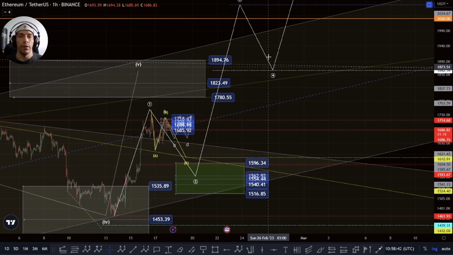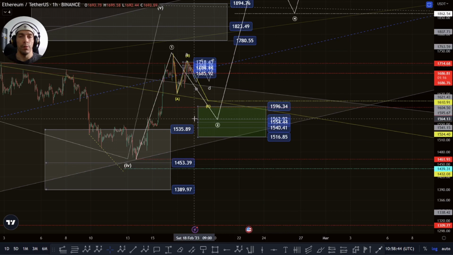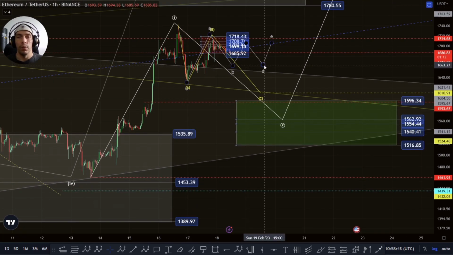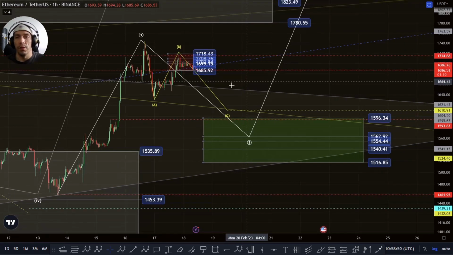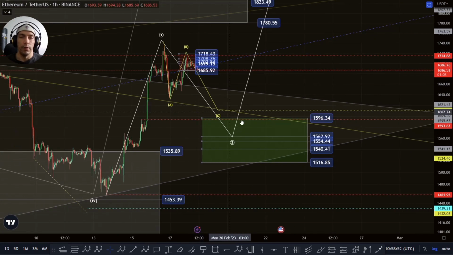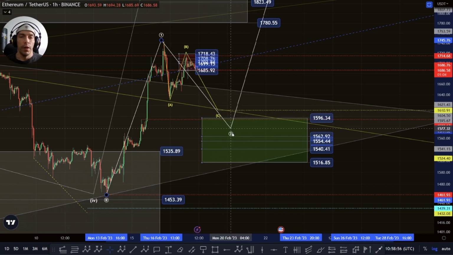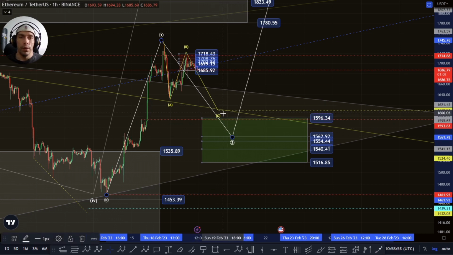So these are obviously rough areas until we actually get the confirmation on the count, but basically this is what I'm looking out for: this possibility to actually form another leg to the downside here, and then potentially look to form wave 2. It would be quite shallow if it completed into there. We would be looking for that deeper move,